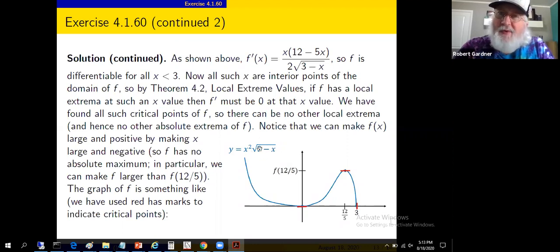That'd be the square root of a big number. You're getting big numbers out. If you put big negative numbers in, you're getting big positive numbers out. That's rather informal, but it's all I got at this stage. So what you're getting out when you put these big negative numbers in, I bet it gets bigger than f of 12/5. It does, and we could find that by plugging in